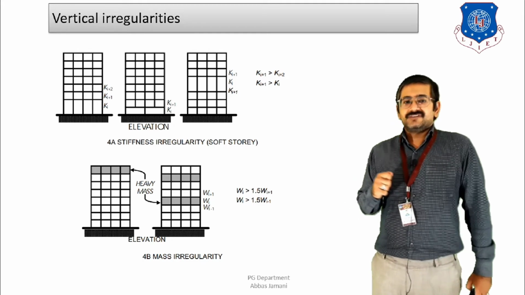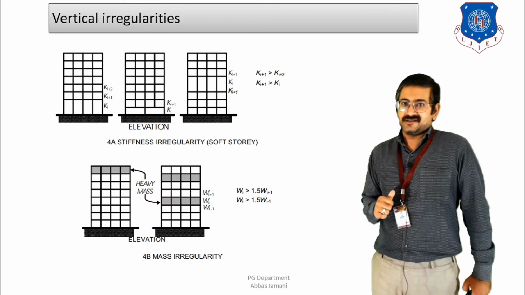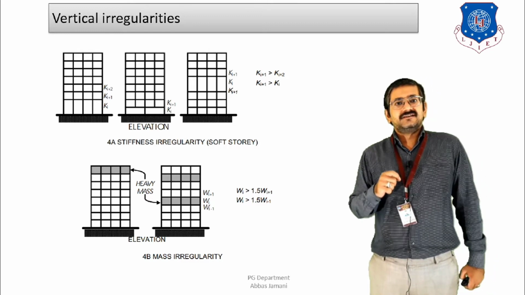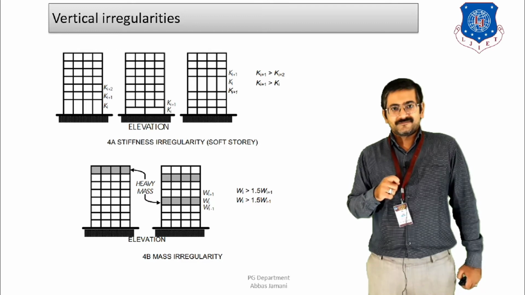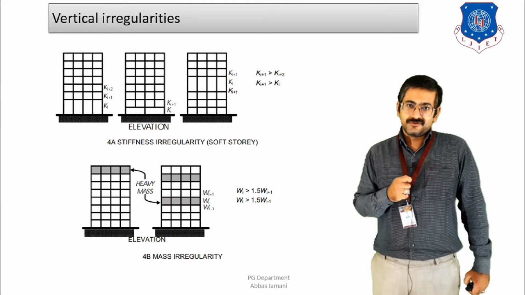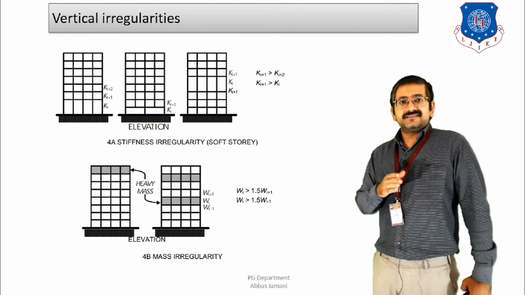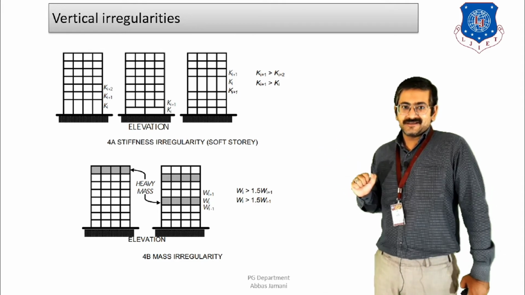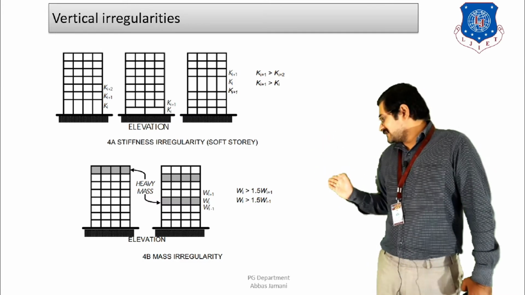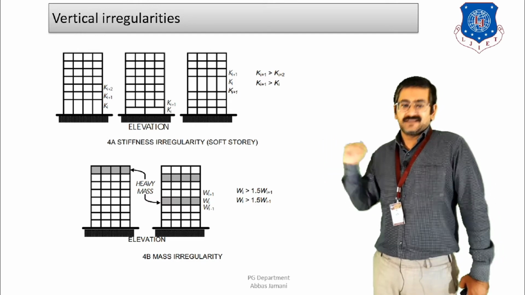Now coming to the second category of vertical irregularity, and that is the mass irregularity, right? Mass irregularity in a story is defined as the irregularity where the seismic weight of a floor is more than 150% of the weight below. As you can see in the figure, the floors where the mass is increased are shown by highlighted areas. In the first figure you can see that a higher amount of mass is present at the top level, and in the second figure a higher amount of mass is present at the fourth floor, and then at the seventh floor, right?